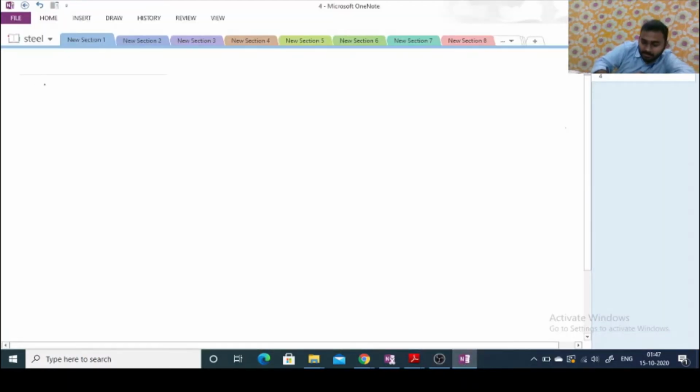Design methods. Previously we have discussed what is meant by analysis and of course what is meant by design. Now let us see the various design methods. Clear? Design methods.